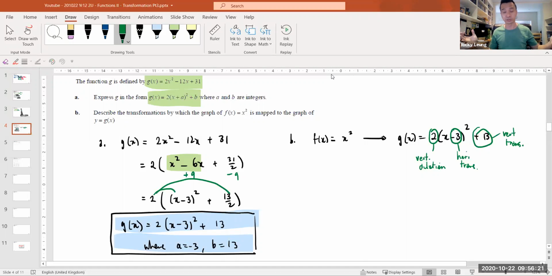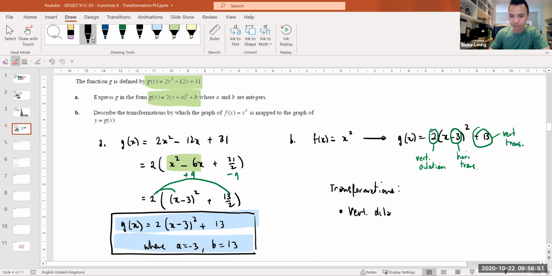Now, there's so many ways to do this. To be safe, what always works is if you go reflection, dilation, translation, and then if you want to, as a rule of thumb, do vertical before horizontal, you don't go wrong. So my transformations include, I'll go vertical first and dilation comes before. So vertical dilation